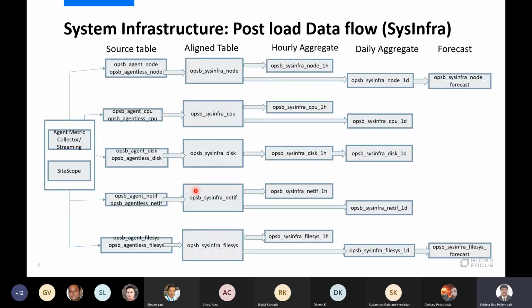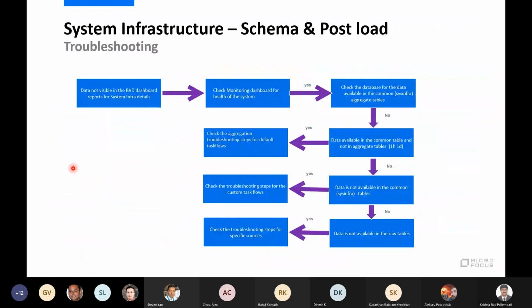If data is there in my aggregate tables, after that data is not there in my source tables. If no data in my source tables itself, I'll go and look into the agent system, which is pushing the data to here, agent and then Sitescope system. So that's how the flow is here.